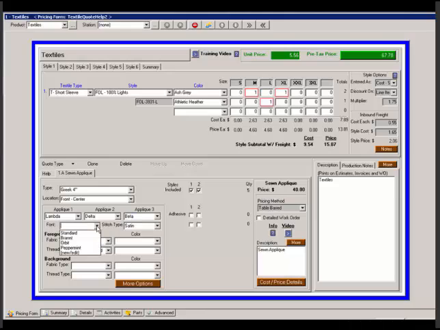The font, and this would be based off the font options that you have available. Stitch type. The foreground fabric type is defaulting based off of our sewn applique type. It could be changed at this point. And then the color of that fabric, and then the color of the thread. The background fabric,